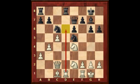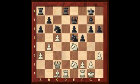a6, trying to discourage. Also, white was threatening b5 maybe. So h3, and now Kamsky plays f5, inviting the knight to go to that sensitive d6 square. So this looks like a very powerful knight. Knight f7 to try and trade it off. It comes back,